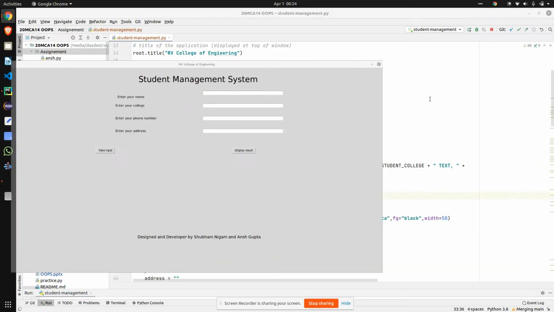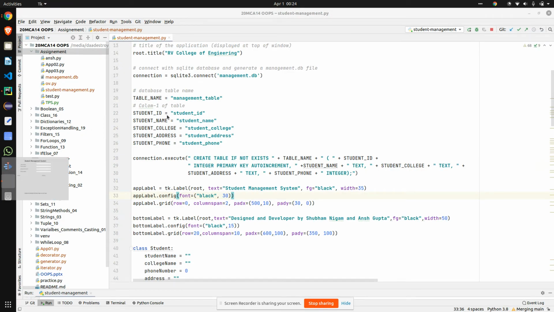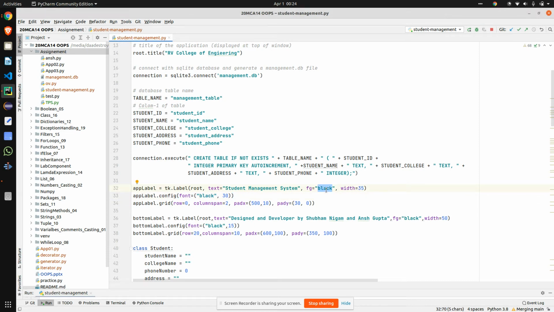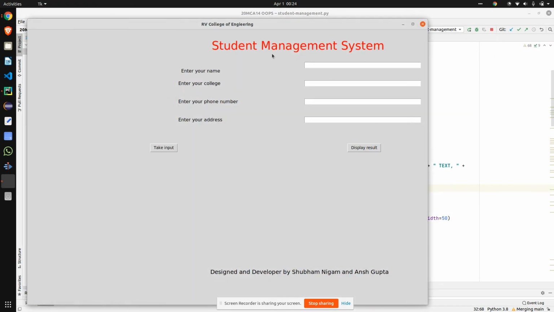So I am giving a black color, and the width of the text is 35. If you want to see the color change, I am giving the red color, and let me rerun the application. If I rerun it, you can see that the student management system is now coming in red color.